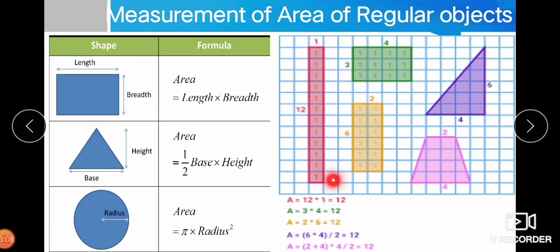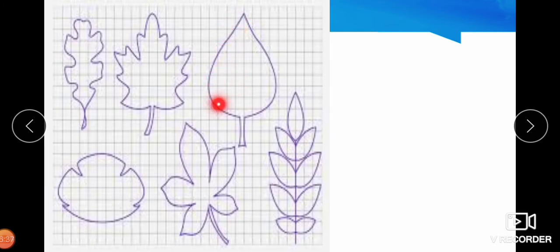You draw the outline of the object on the paper and measure the 1 centimeter square. How many squares are there which has side 1 centimeter? From that you can measure the area directly. If object is not of regular shape, whose formula is known, if object is not circular, triangular, square or rectangle, then you put that on paper, draw